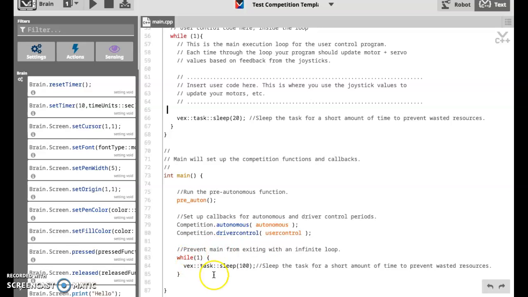Okay, that is going to be your autonomous and your driver control tasks. And then here's your while loop here. This is just your closing while loop. And this says, hey, this is going to make sure we don't have it happening on an infinite loop. If we didn't have this here, the robot would try and do things constantly in your autonomous and your driver controls without shutting down. Nothing really changes in this lower portion of